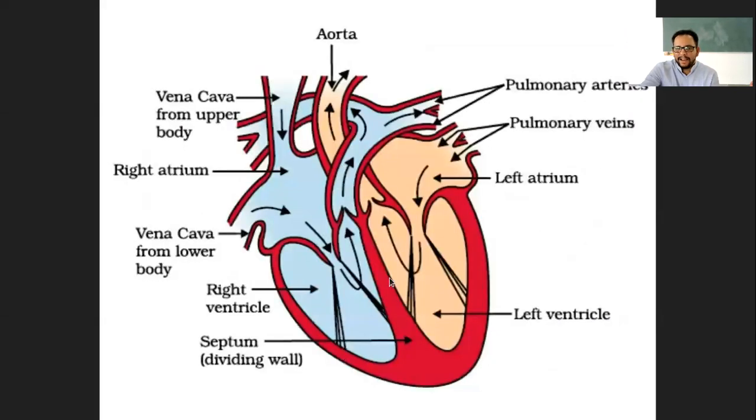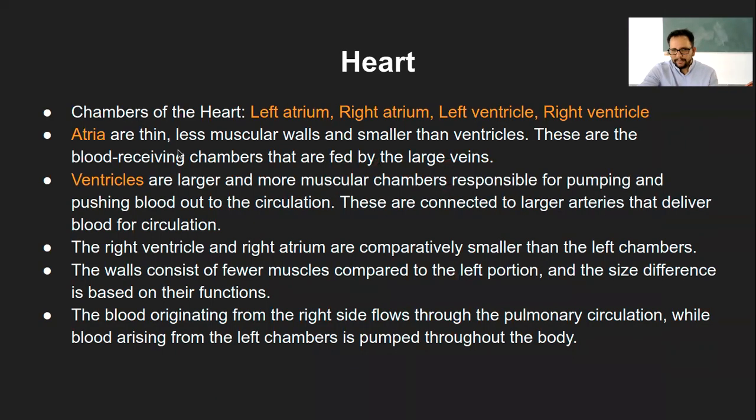And if you look at this diagram now, you can see this chamber where my cursor is moving. These are the atria. This one is right atrium, this one is left atrium, and compared to the ventricles, whether right or left, these are relatively smaller. Even the wall thickness is shown very thin here and very thick there, because ventricles have thicker walls and atria have thinner walls and also a small size. And like I said, they always receive the blood.